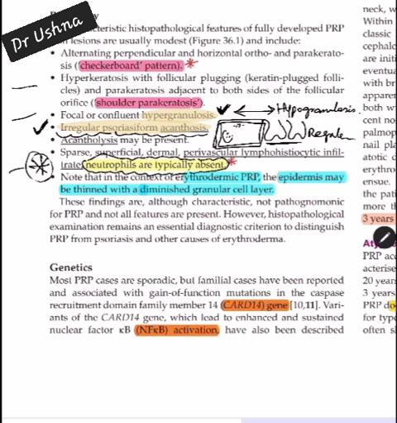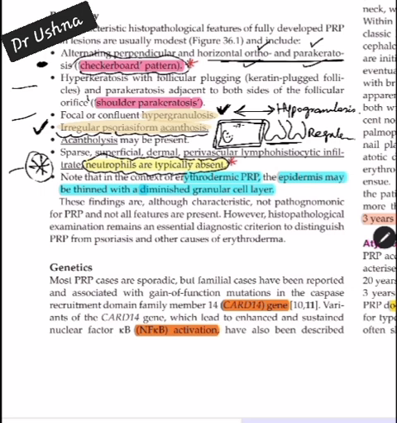But the most important points that are clues to your MCQ picking in PRP are these two points. Checkerboard appearance. Checkerboard appearance is basically alternate ortho and parakeratosis. You all know that hyperkeratosis is just an increase in the layers of the skin. When the nuclei are retained, this is called parakeratosis. So in PRP, there is going to be retained nucleus as well as devoid of nucleus, orthokeratosis and parakeratosis in the form of a checkerboard pattern.